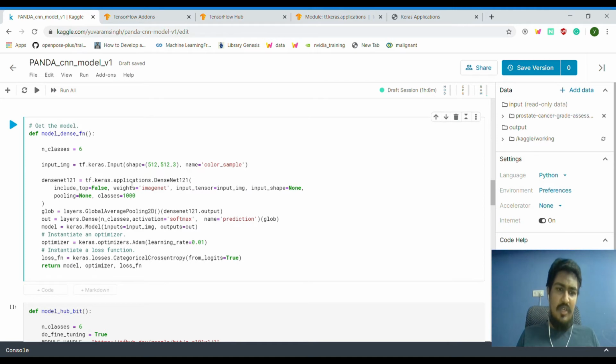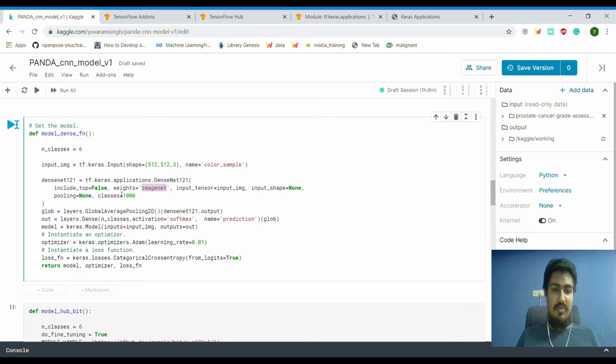But I'm not actually going to use this one. I'm just going to use TF Hub, but I just wanted to show you this exists. Here you can see I'm defining a new input layer, 512 by 512 by 3, and then calling tf.keras DenseNet and passing all the important arguments. I'm going to remove the top layer, and I need the weights as ImageNet weights.